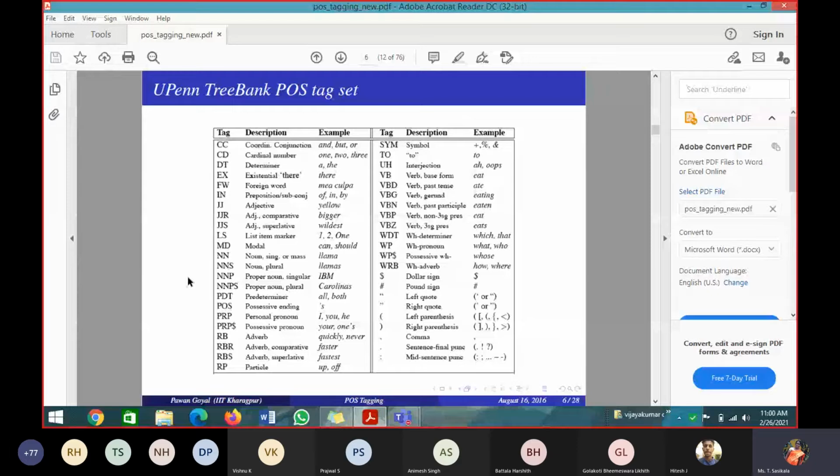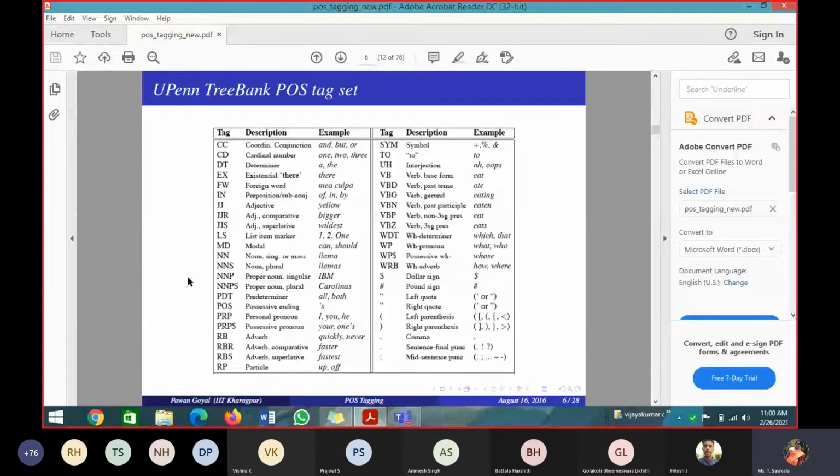So now our question is why we are worried about solving POS tagging. Is it a simple or difficult problem? It is difficult, of course, because each word does not have a unique POS tag. Each word will not have a unique POS tag. So the POS tag of each word is based on what? Can anyone tell me?